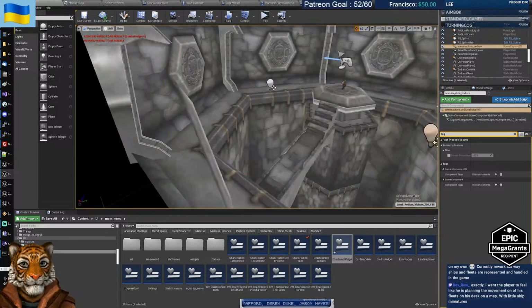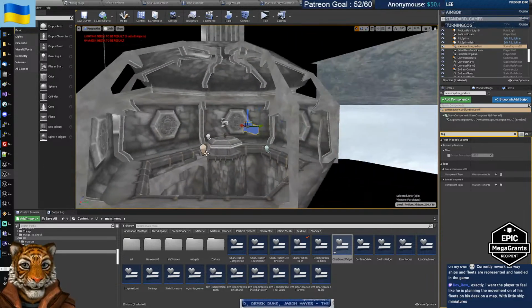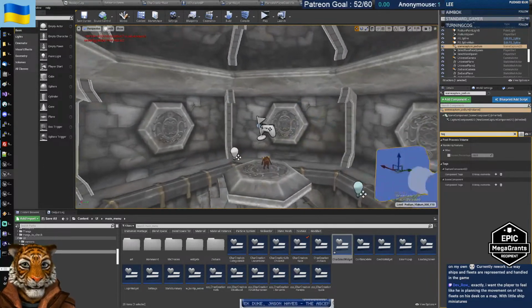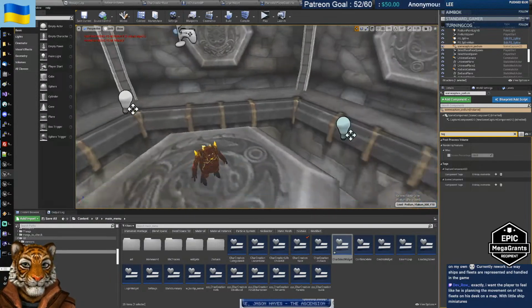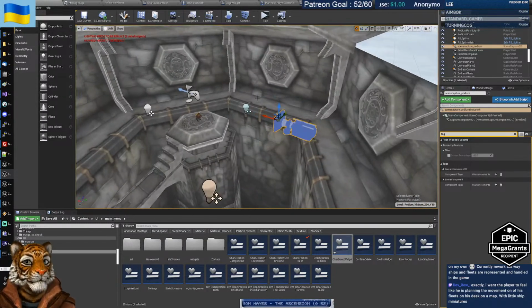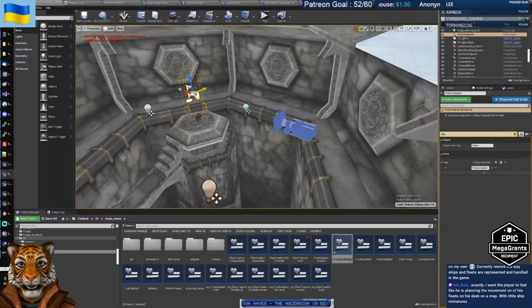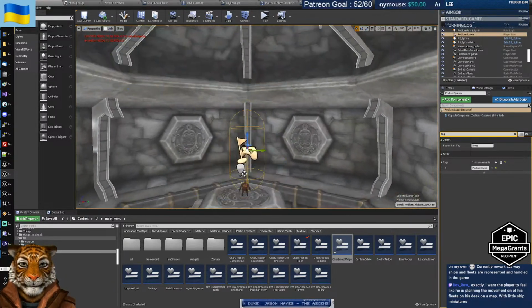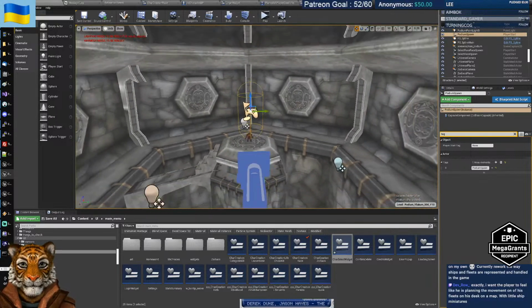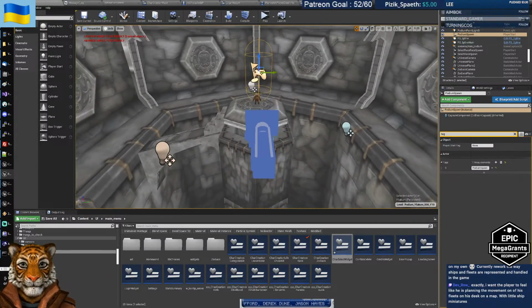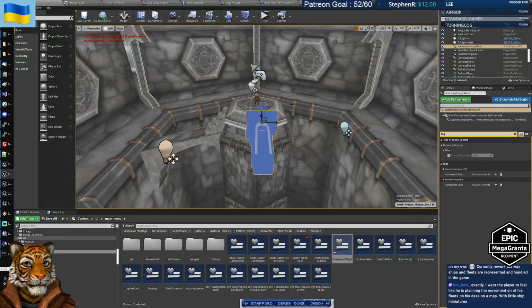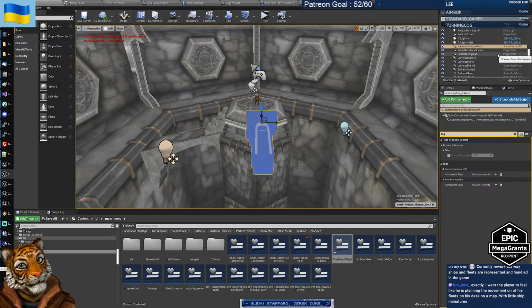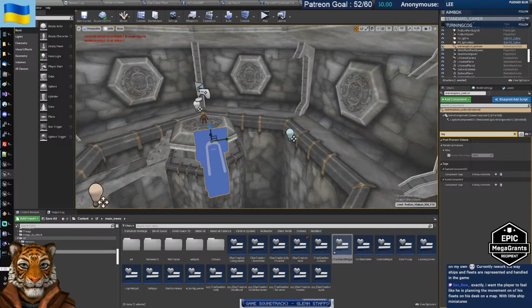Why, I have no idea. Because this one is not a real camera. There is a scene capture. Okay, it's a scene capture, but